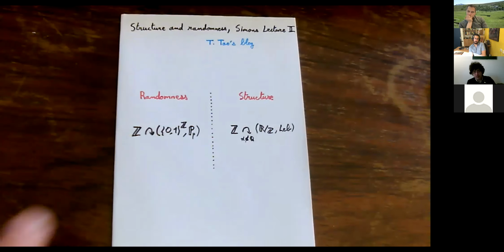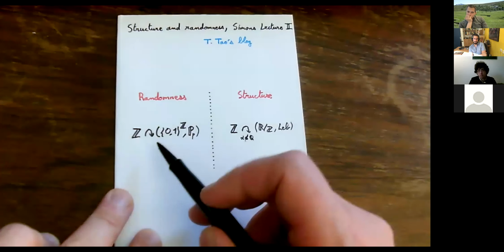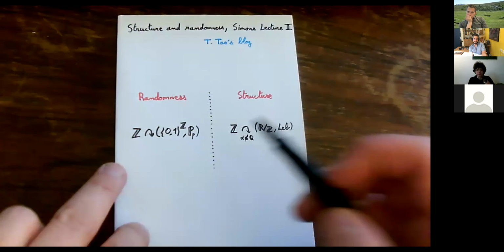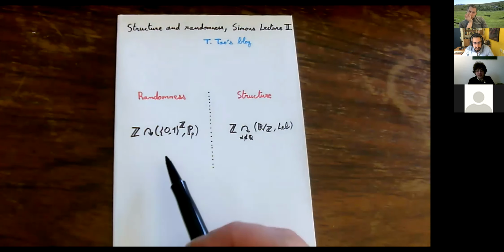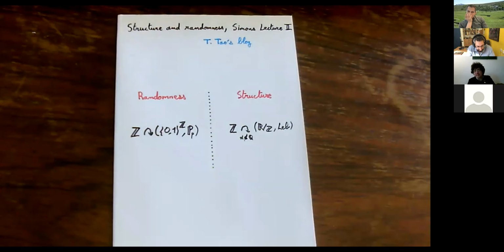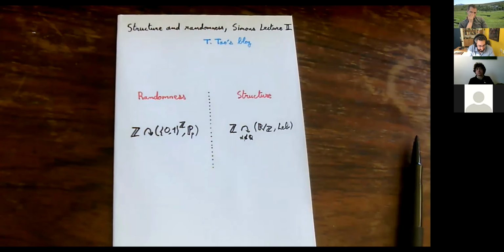And in dynamical systems, we can speak of some random systems, some structured systems. Here, I'm speaking of the Bernoulli shift. The Bernoulli shift with parameter p is a product of Bernoulli p measures. So this is an example of a random system. It's mixing. On the right-hand side, we take an aperiodic rotation on the circle, and this is an example of a structured system. It is almost periodic.